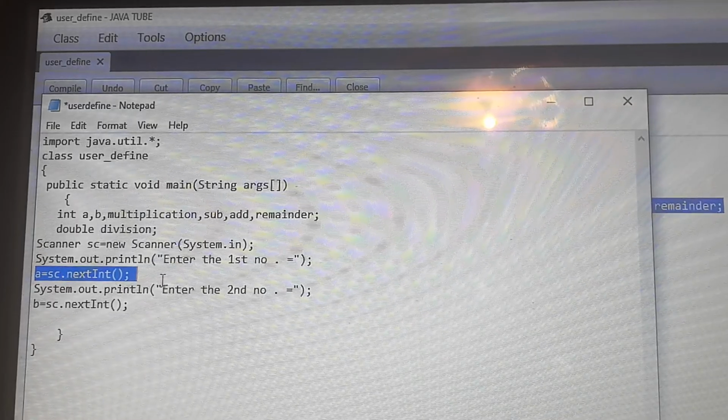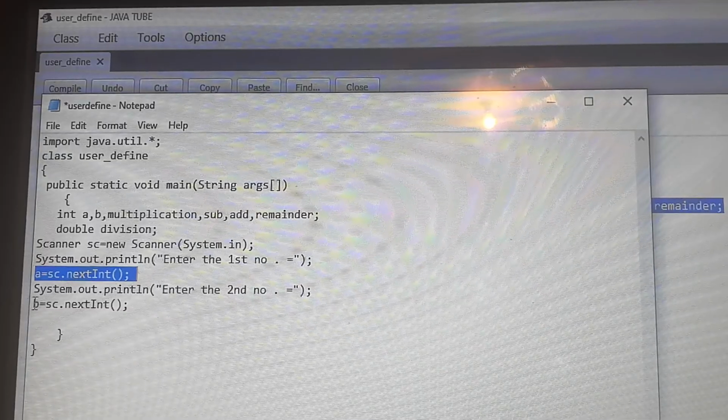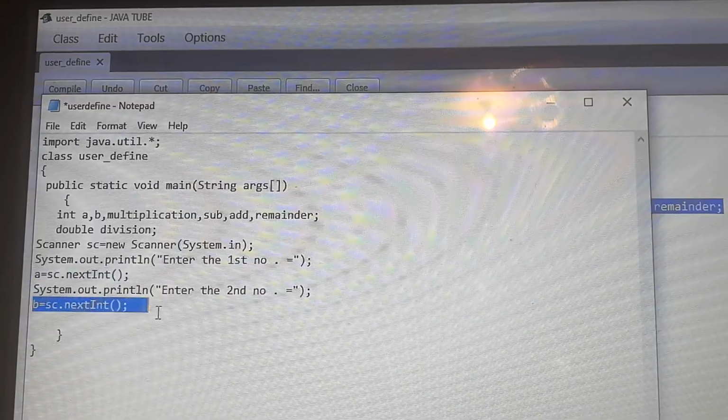Whenever you want to input an integer type of value, you have to write sc.nextInt(). See, for B also we have written sc.nextInt().